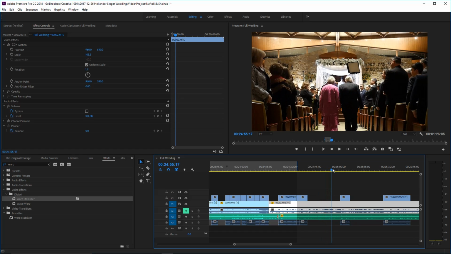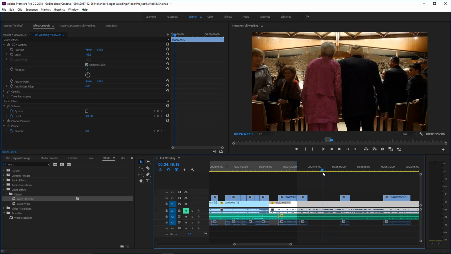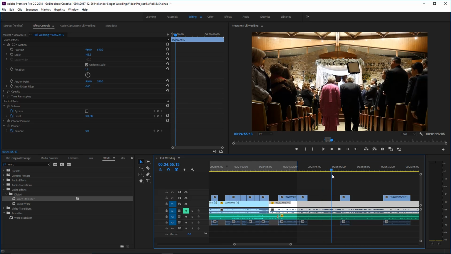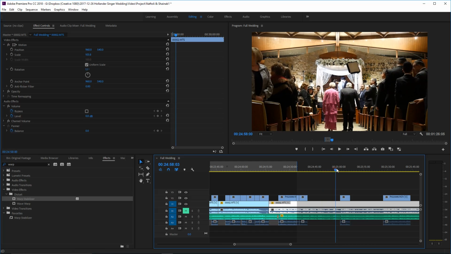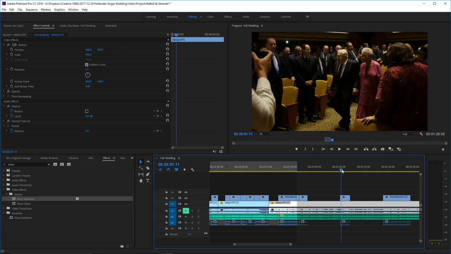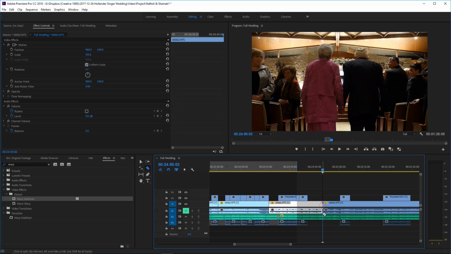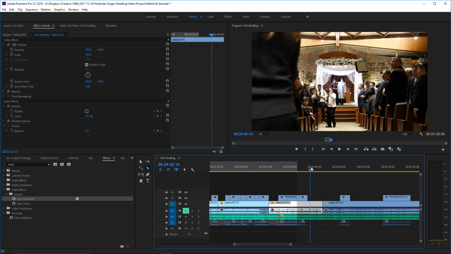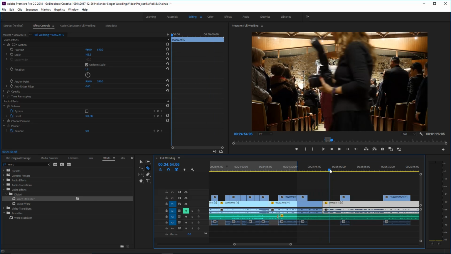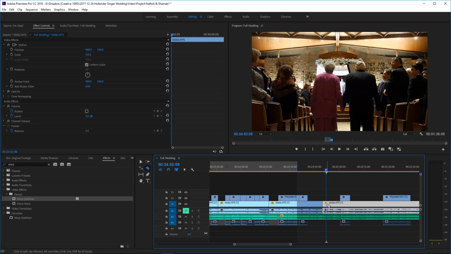Now, they just finished turning the bend here, and they're already walking down. So I can't use the shot of them coming around the bend. I need the shot of them a little bit further down. And before, when the groom was walking down, I used this shot of him further down the aisle. So I'm going to use a closer one, and I kind of like the spot right here where these people are looking towards the person walking down the aisle.